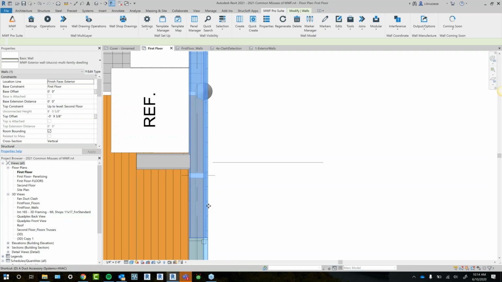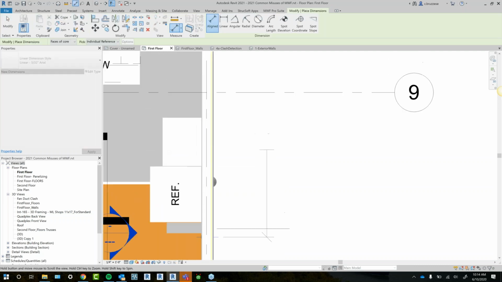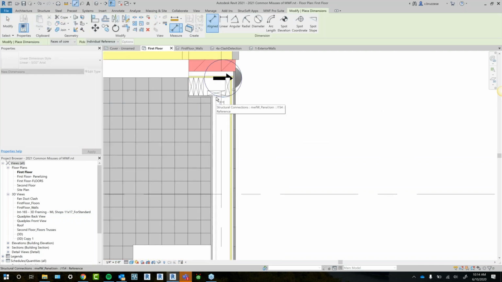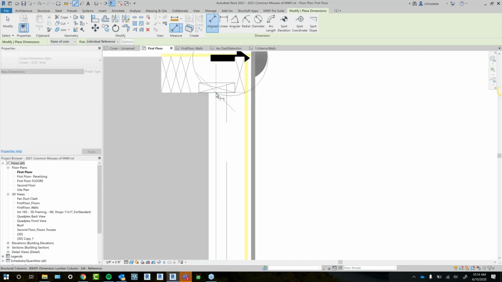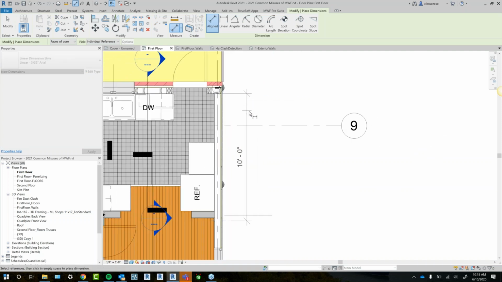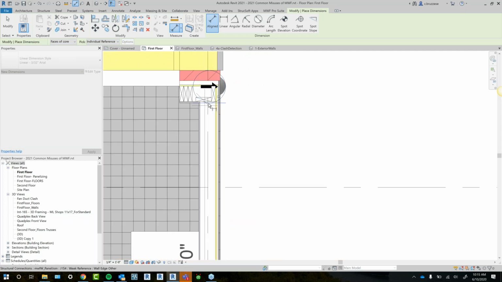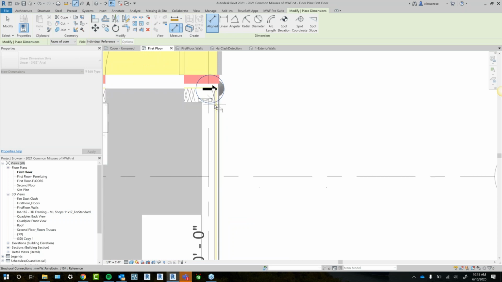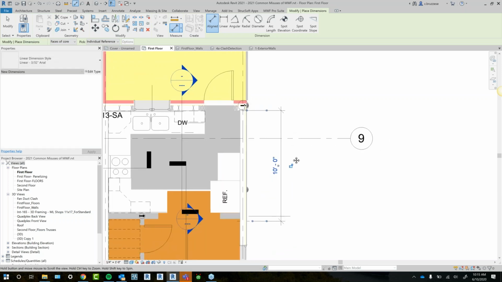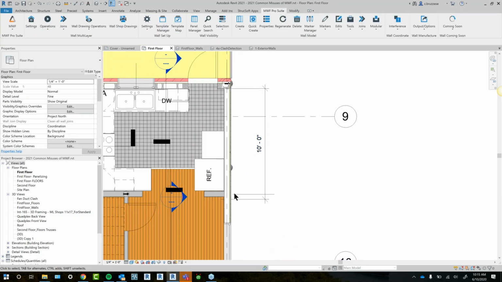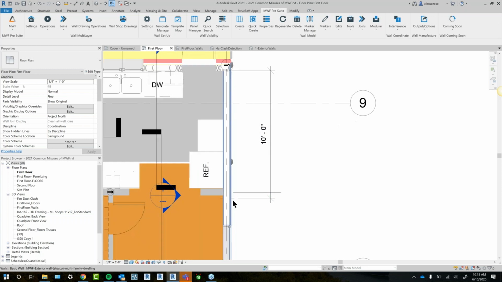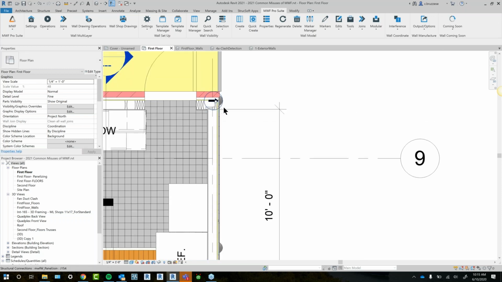So now you can actually see that when I place a join, my 10 feet is now actually considering the join that I have in there. So it's starting at that face of the stud, or basically when my wall would realistically start. So basically, you can see here,